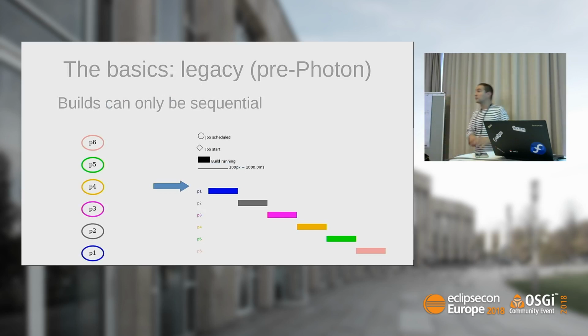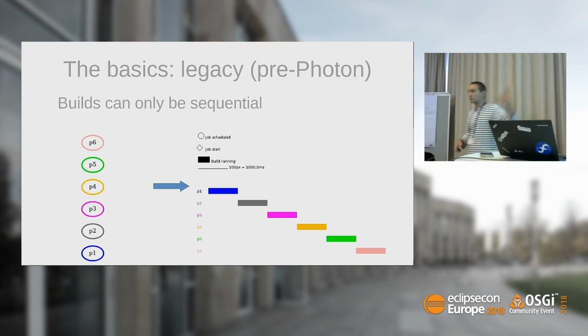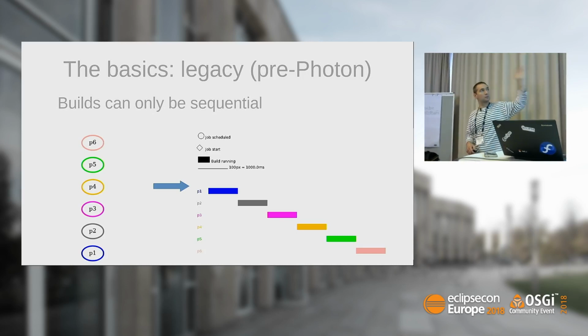So this is the very basic use case. That's the legacy use case. That's the default one, the one that's still in the Eclipse IDE if you don't change anything. It's that the builds are sequential in Eclipse IDE. Here we have 6 projects which are independent, P1 to P6. And if you build them, they will build sequentially. So here it's the wait builder happening. It's basically waiting for 1 second here and so on. So you get a sequence of builds, and building the 6 projects will take 6 seconds in that case. Okay? That's how Eclipse IDE behaves and has always behaved.